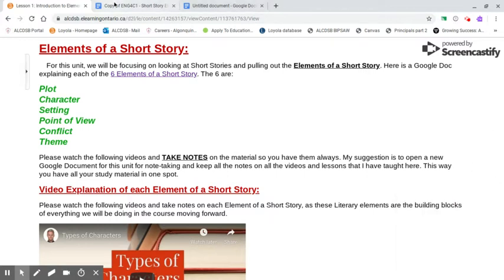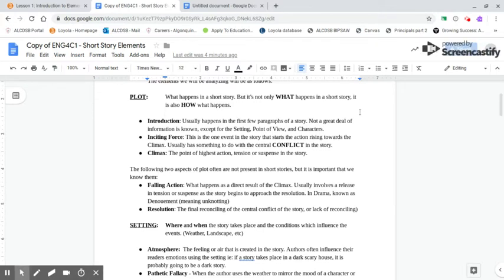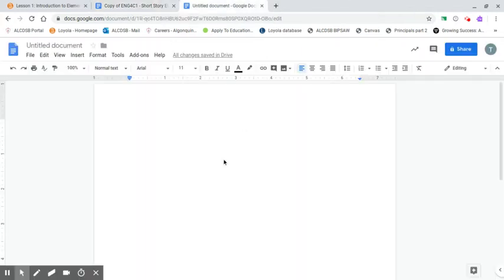If you take a look at our document here, explaining what the elements of a short story are, you'll see that it's like anything else. If you're going to retell a story, you'd probably quickly go over the plot of the story, which basically details what happens in a short story. But in literature, it's not only what happens, it's how it happens. There's a very prescribed set of things that happen in a short story that we're going to want to focus on. When talking about plot, sometimes you may have seen something like